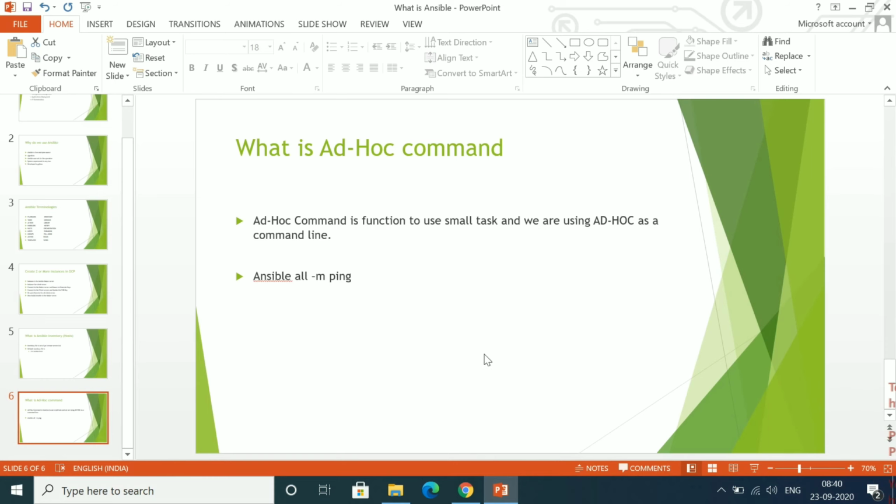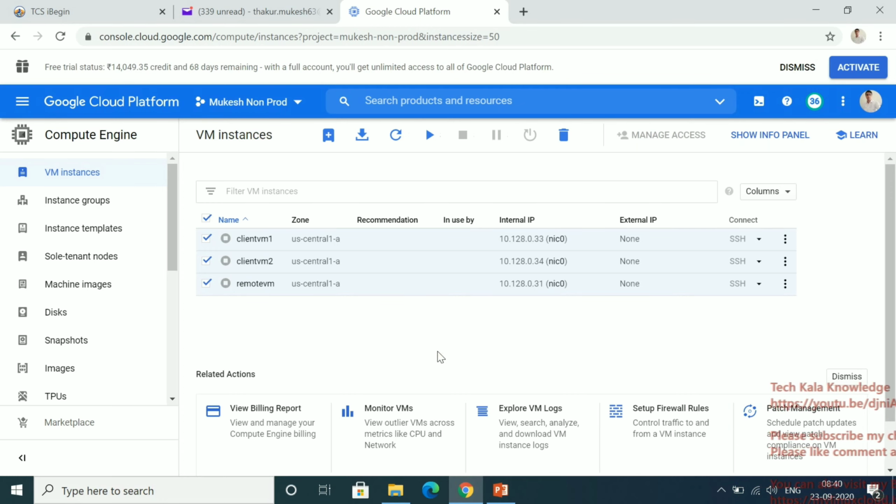Okay, so let me go to my lab setup first. So this is my lab setup. I created a lab in my GCP, in Google Cloud, and you can create your own: create your VMs, or use your VMware Workstation, and create 3 or 4 VMs, and then you can set up the lab.